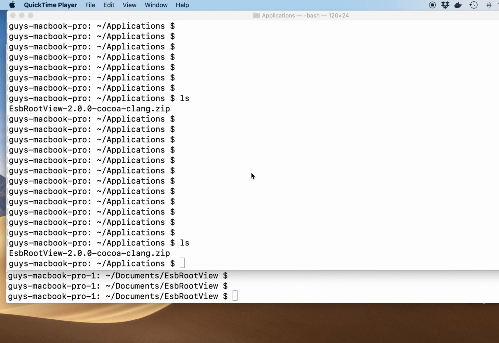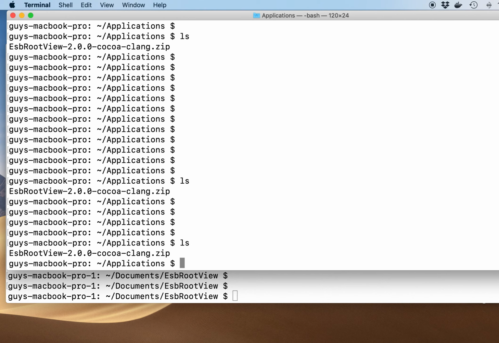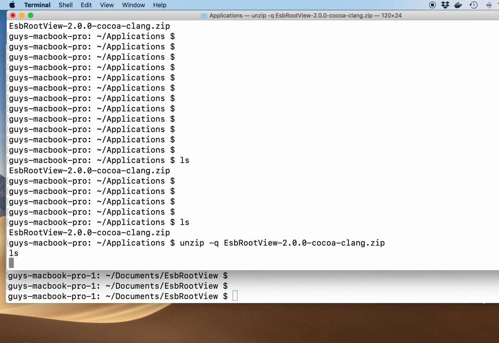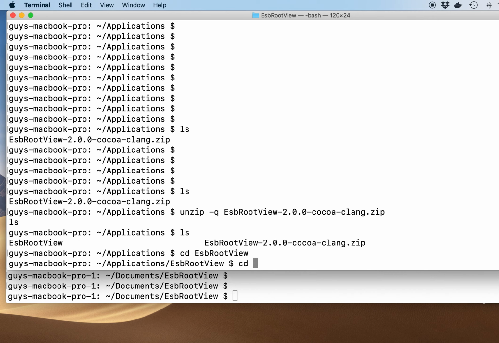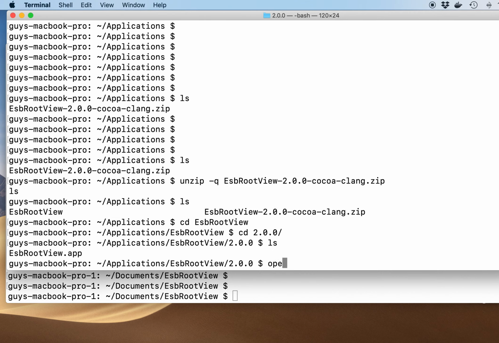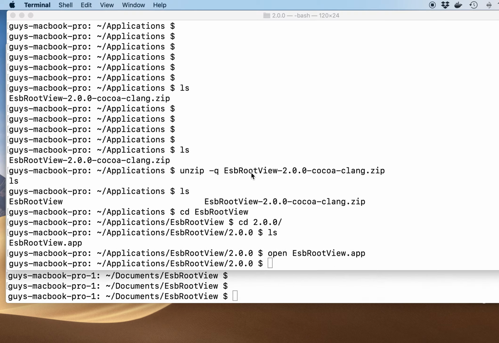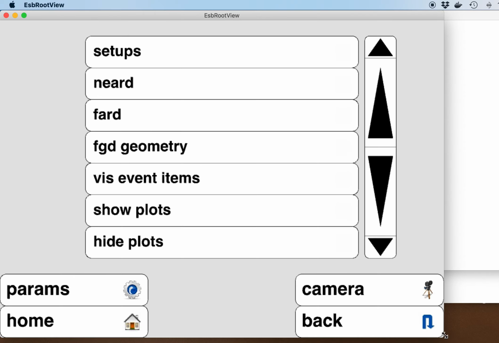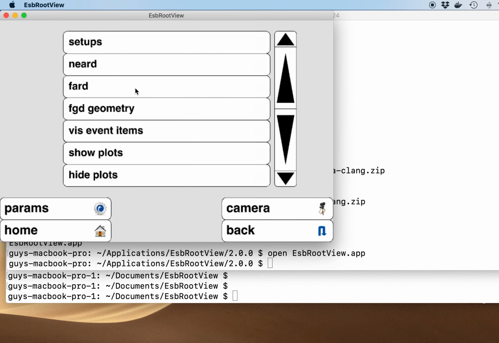Here I just brought the package for the Mac, which is now on GitHub. Then I unzip. I go here and I open the mac.app with open. Then what you have now in this application is this new top item, which is setups, that permits to